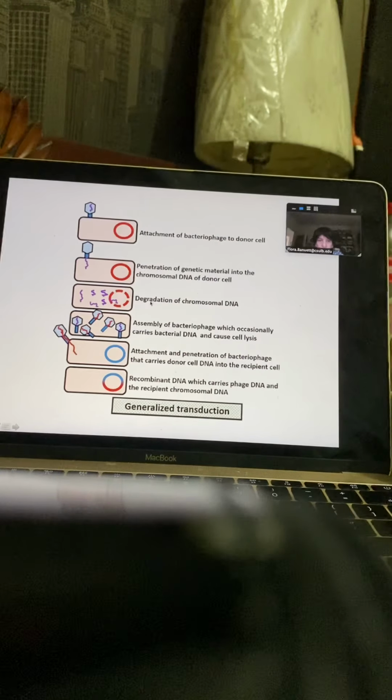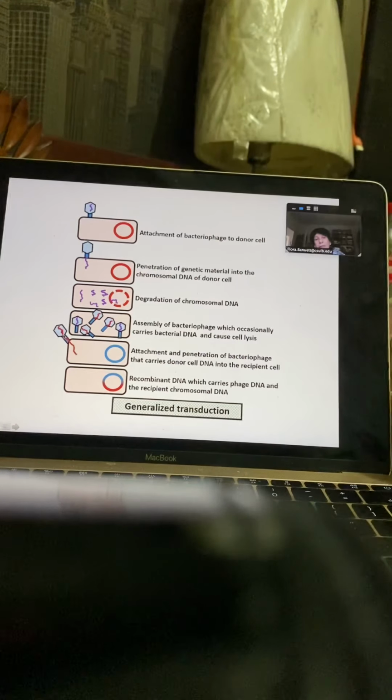You cut the chromosome in small pieces, and then the phages are going to package the DNA. The majority of DNA that is packaged is their own DNA, the purple. But by mistake, they can package some of this red chromosomal DNA. And then these phages are capable of attaching to a cell. Okay, so now a different cell has a blue chromosome, just to show this.